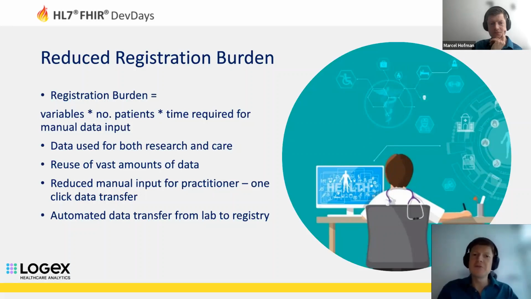The linking of multiple datasets enabled the registry to be used both for research and care. Instead of the practitioner having to manually enter data required for the registry, we could now transfer the data easily by profiling and standardizing a mapping from FHIR to the registry. The participating hospital modeled the LOINC coding so that we connected these codings to the patient data. As a result, the lab data could be directly transferred to the registry.